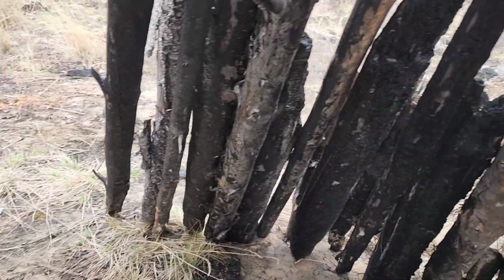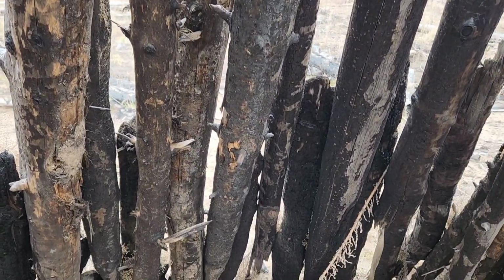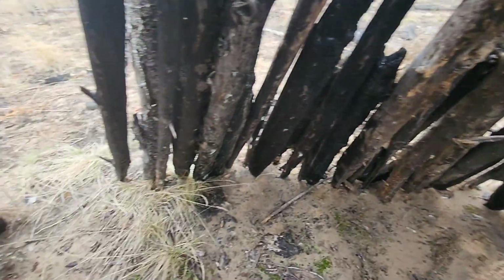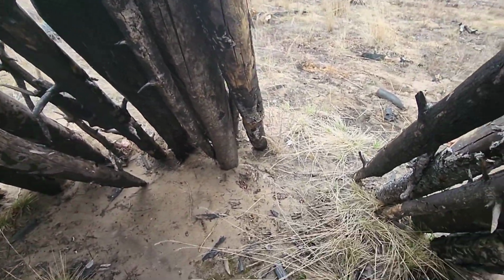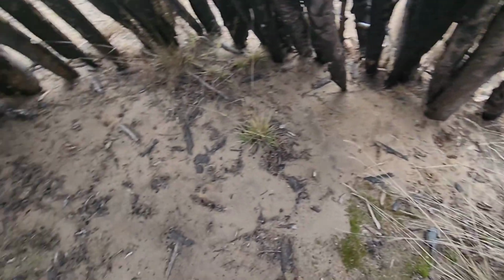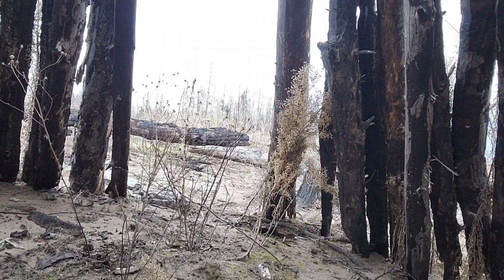I think it should shield me from the wind, and hopefully I'll still be alive when Greg comes and he can maybe roll me out of here and take me home. Yeah, a little update here. But wind is still just howling out there,